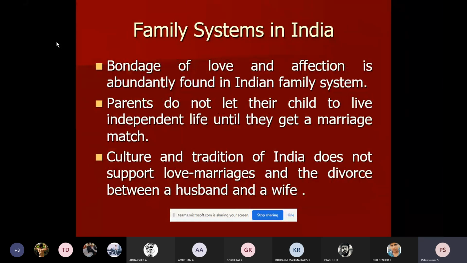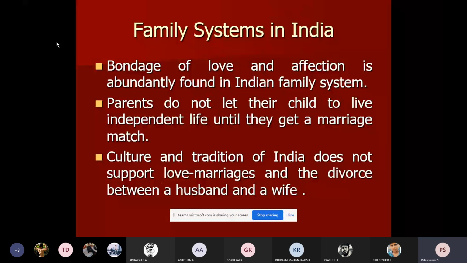This is one more reason why this particular subject is introduced, especially in the professional course, not only for knowing the essence of the Indian knowledge tradition. We had a very wonderful system compared to the rest of the world. Especially the bondage of love and affection is abundantly found in the Indian family system. That is the reason why